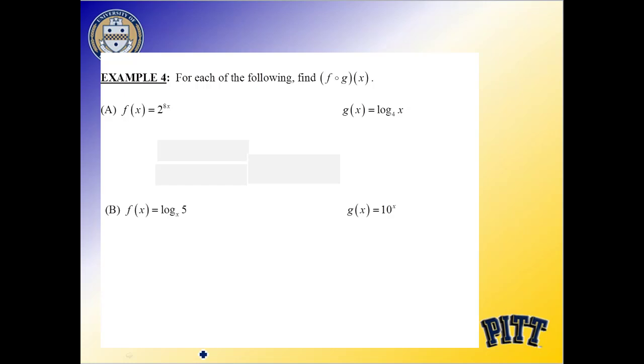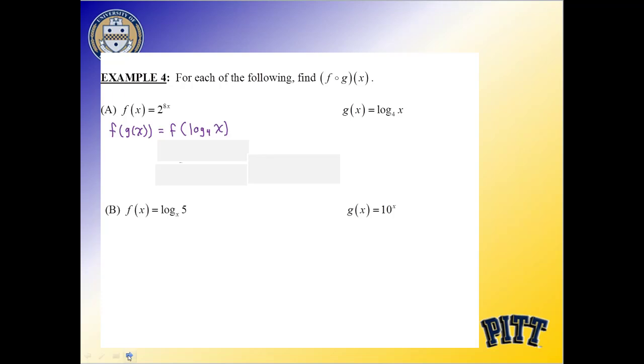For each of the following, we want to find f of g of x. So again, some composition stuff here. So I have f of x equaling 2 to the 8x. I have g of x equaling log base 4 of x. First I'm going to do f of g of x, which is f of the log base 4 of x,